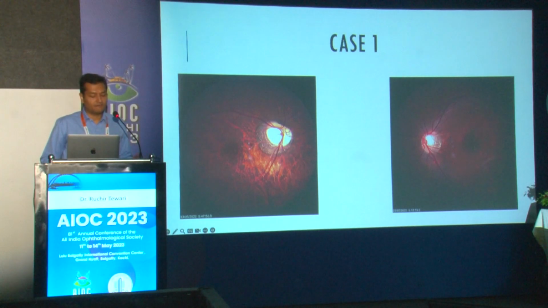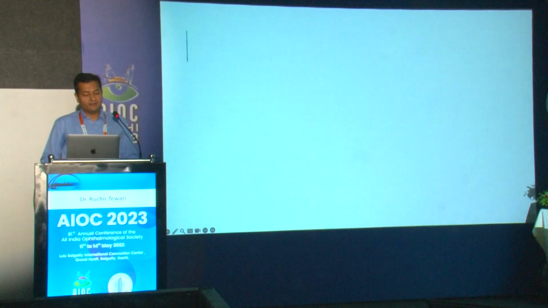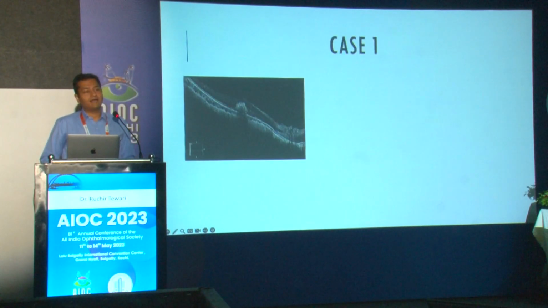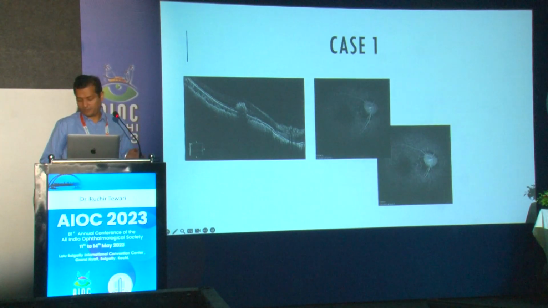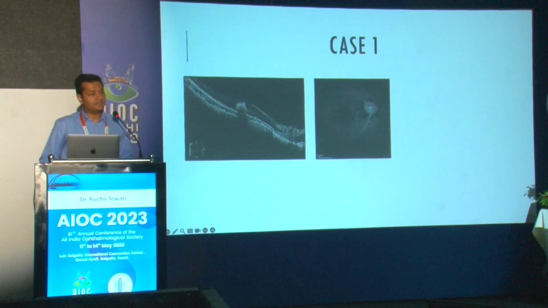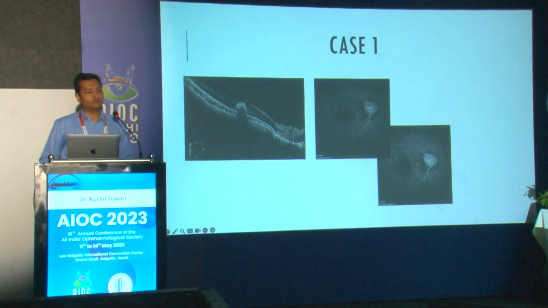There is a larger area of peripapillary atrophy compared to the left eye, and there is a small red dot. I'm not sure whether it's visible on the image, but there's a small red dot at the fovea. On doing an OCT, I find this to be a hyperreflective mass. So this is a case of... and to confirm the diagnosis, I do an angiography which does not show any